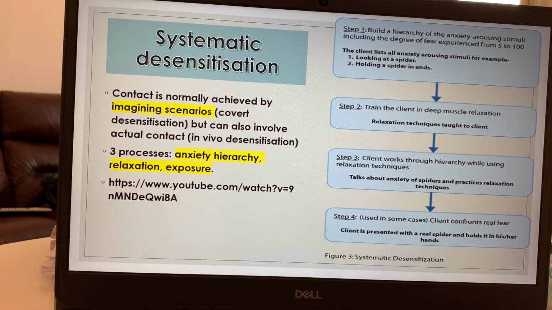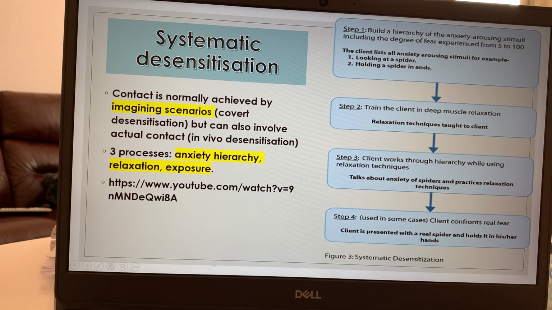Okay, so I've got a video there. I haven't got the link on there, so type it in and have a watch. I can't remember what this one is. I think it's a lady with feathers. No, that is one I want you to look at though for flooding. Yeah, I can't remember what that one is. I'm sure it's good, whatever it is.